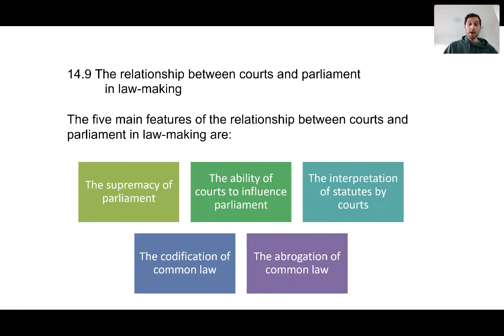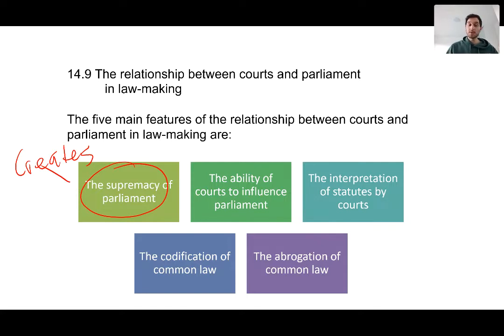So our first of our 5 relationships between court and Parliament is the idea of the supremacy of Parliament. What that basically means is that Parliament is the supreme lawmaker. So typically any laws that Parliament creates override what court is doing. Some examples of the idea that Parliament is more important than the courts when it comes to lawmaking: Parliament actually creates the courts for the most part. They decide what types of cases the courts hear, and they create the laws that the courts look at.